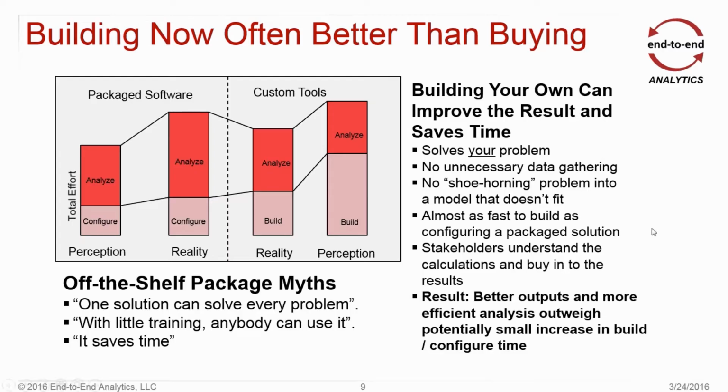So the build is decreasingly important in the total cost picture as you think about rolling out these solutions. One of the nice things, and we'll come back to this in a little bit, is that you realize these benefits, but stakeholders have a much higher chance of understanding the calculations and will buy into the results when you can sort of open up the hood, right? If you build it, you own the source code. Everything in there is a reflection of a decision that you made in terms of design. You can share it and validate it, and you can go and reconstruct it if it's not lining up as to where the stakeholders expect it to be.